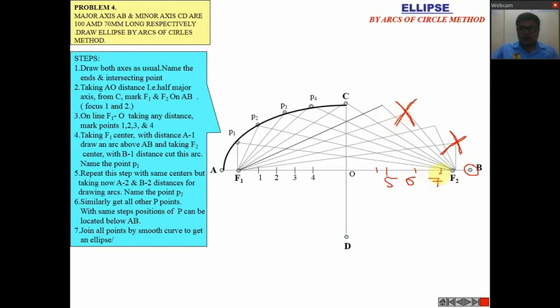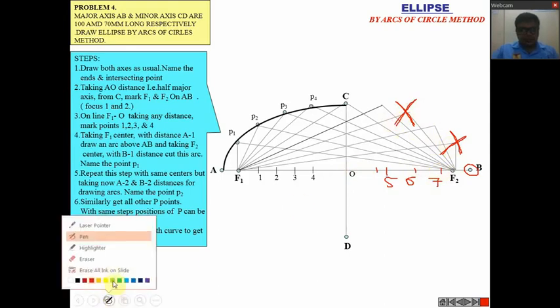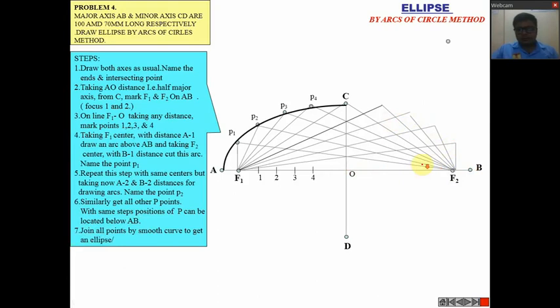So similarly, whatever number of points you are having on this side, you can generate this type of intersecting points. So these are the intersecting points which we can generate. Now you have to join this. We can also find all the points on the other side. How to generate these points?